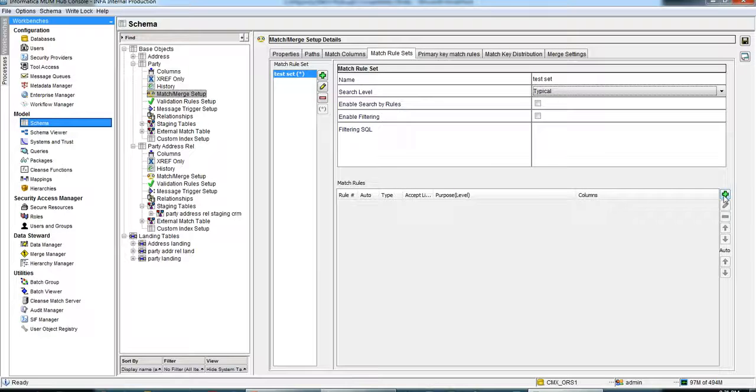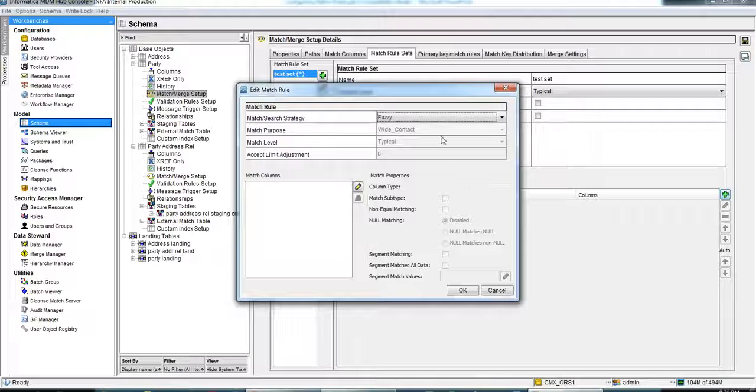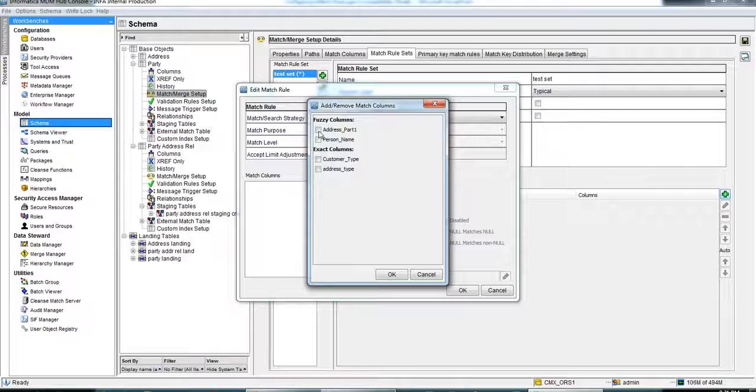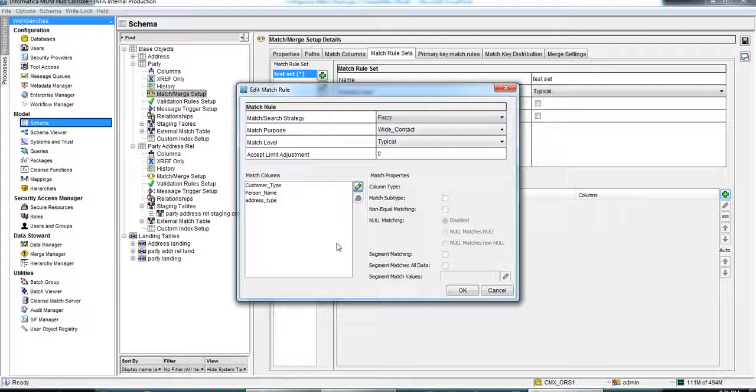Now let's define a particular match which we will perform for a candidate record. We want it to be a fuzzy match tool. We can have exact as well, but let's go with fuzzy. Which columns do we want in this fuzzy match tool? Remember, for a fuzzy match tool we can have fuzzy columns as well as exact columns. So let's say person name, customer type, and address type. These all should match to have a match on the